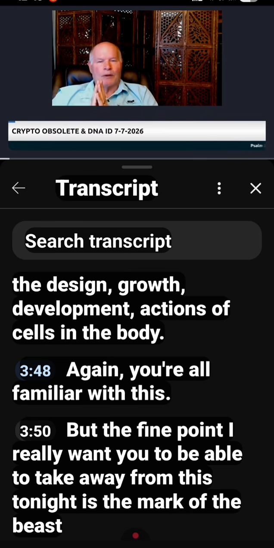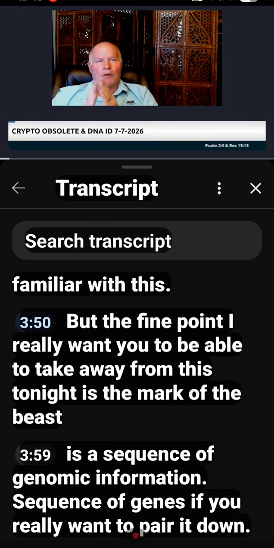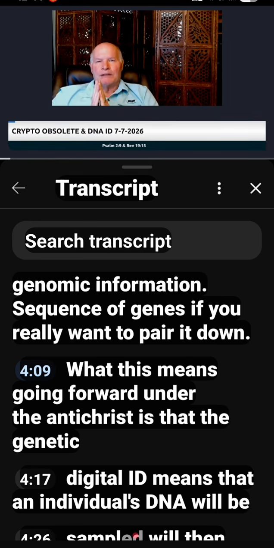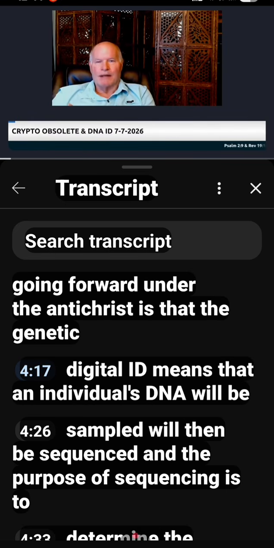Again, you're all familiar with this, but the fine point I really want you to be able to take away from this tonight is the mark of the beast is a sequence of genomic information, sequence of genes, if you really want to pare it down. What this means going forward under the Antichrist is that the genetic digital ID